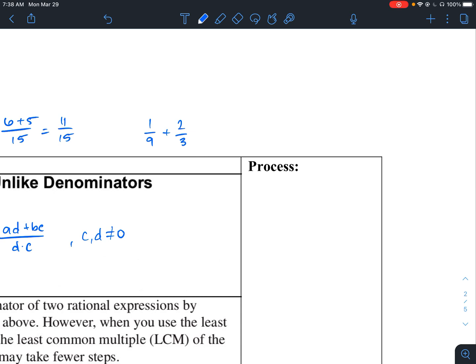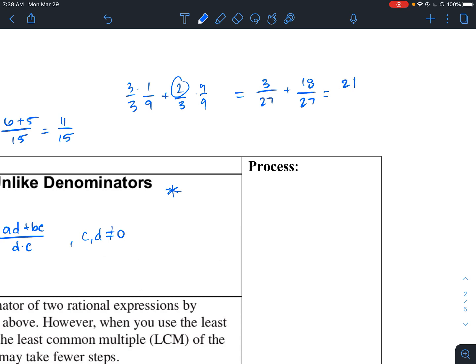Now, you could do the same thing. I could multiply both sides by 9, okay? So I'll do this in 2 different ways. I'll do it the way this definition states to do it. If I multiply this by 9 over 9 and this side by 3 over 3, I get 3 times 1, which is 3 over 27, and then plus 18 over 27, which is equal to